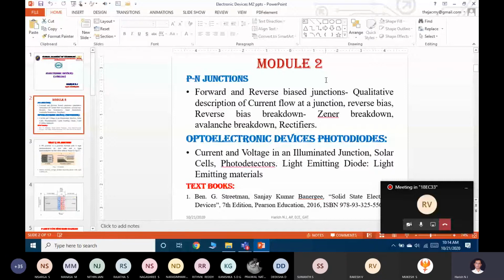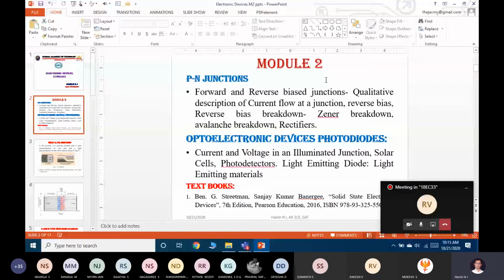I hope you people are very much aware of the cut-in voltage of a PN junction diode for silicon and for germanium. For silicon, the cut-in voltage is 0.7. For germanium, the cut-in voltage is 0.3. In such a situation, I am going to use the silicon diode for my experiment. So now I wanted to do the biasing for that. P is connected to the positive terminal of the power supply, the N-type semiconducting material is connected to the negative terminal of the power supply, and I am going to keep V equal to 0.1 volt.